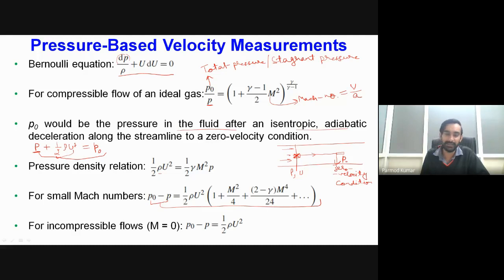Now, the mechanical arrangement used for measurement of the static pressure and the stagnation pressure, we will try to see in later lectures. In today's lecture we will not particularly talk about that. Rather, we will talk about the measurement of velocity based on the differential pressure field. The arrangement used for measurement of static and stagnation pressure is known as the pitot tube, and in our subsequent lectures we will see the measurement of velocity field using the pitot tube as our velocity measurement device.